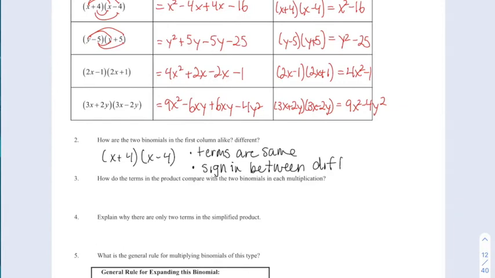Okay, so we can see that one is an x plus 4 and the other is an x minus 4. So there's a clear pattern here. We can see that the signs are actually different, but the terms are the same. How do the terms in the product compare with the two binomials in each multiplication? Well, I think what we can see pretty clearly, even if we just look at this first one, is that the result is always